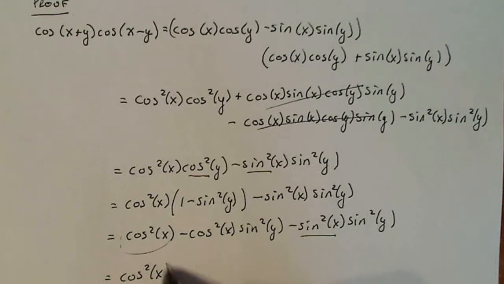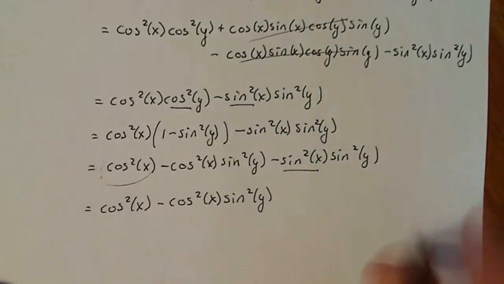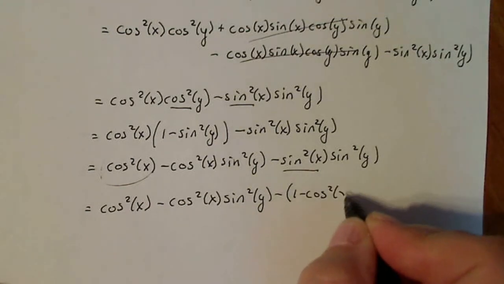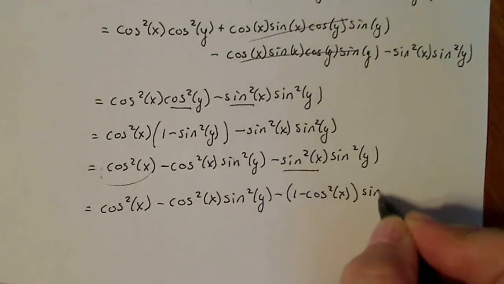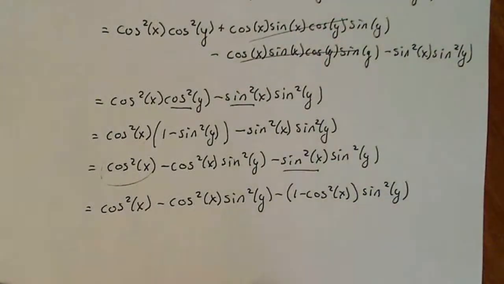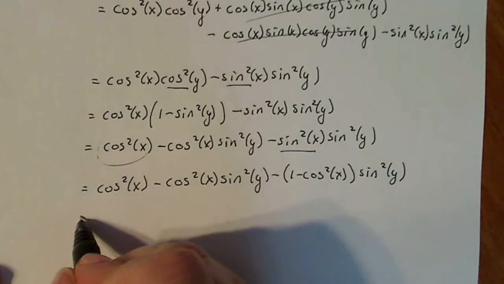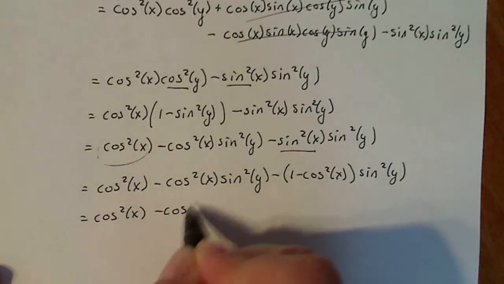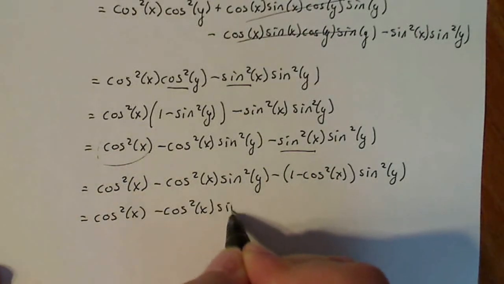So cosine squared x, that stays the same. This guy stays the same. And so sine squared x now is going to be 1 minus cosine squared x, times sine squared y. You have to keep track of the x's and y's here. And that leaves me with cosine squared x minus cosine squared x sine squared y